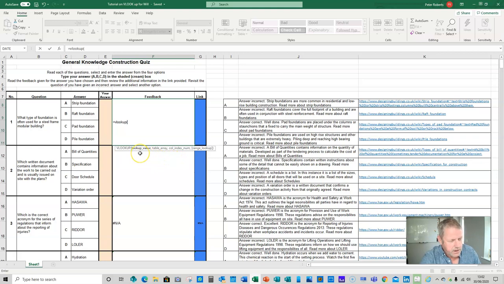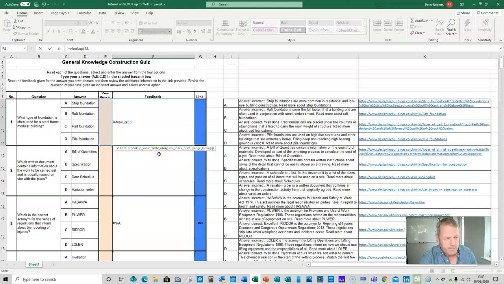So if I look at the lookup value, it's as simple as saying, where is the learner going to put the answer? Okay, so what numeric or what letter are we going to reference when we come to transferring some of the statements across? Well, the learner is going to place their answer in here. So I'm just going to click into here now, and you'll see it's brought up E8, which is the column and row that starts this space here. Now I haven't moved on to the table array yet because it hasn't put in a comma. Okay, so I'm going to enter the comma, and now it's moved on to the table array, and that's saying,